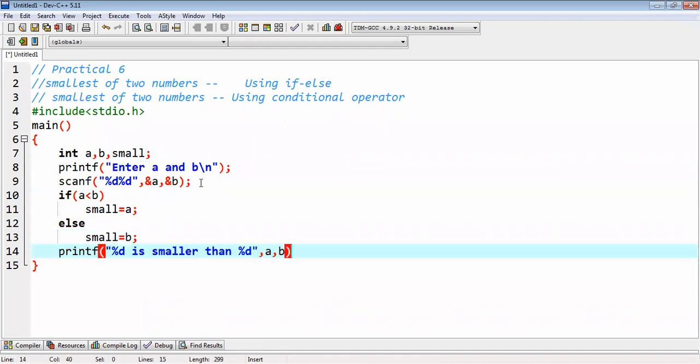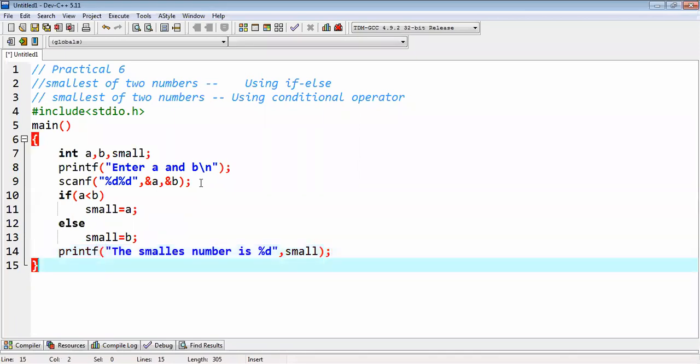And then we'll print the message, the smallest number is %d, and the smallest value is stored in small.